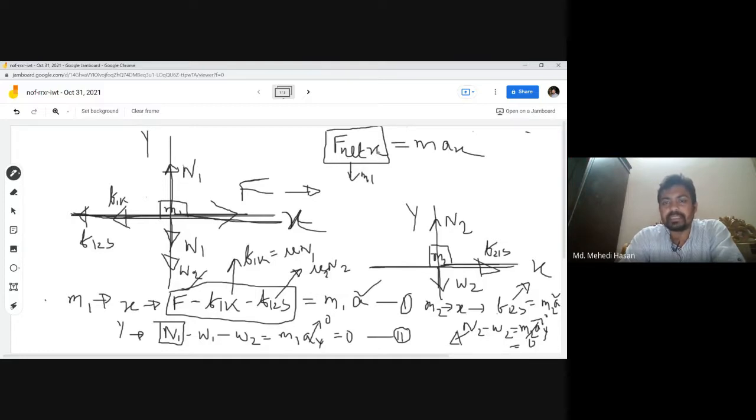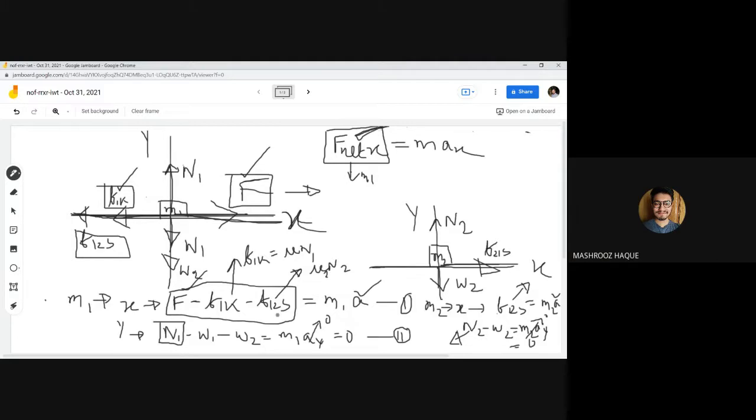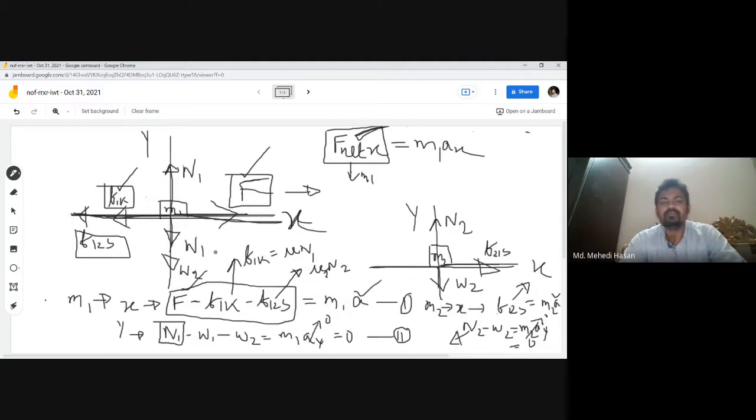M1 এর জন্য x axis বরাবর কি কি ফোর্স কাজ করতেছে? F, F1k, F12s, এই তিনটা ফোর্সই তো কাজ করতেছে নাকি? হ্যাঁ স্যার, হরাইজন্টালি। এই তিনটা ফোর্স কাজ করতেছে। পজিটিভের দিকে কাজ করতেছে F, নেগেটিভের দিকে F1k আর F12s। দেন F minus F1k minus F12s is the net force along the x-axis. এটা বুঝতে পারছো এখন? হ্যাঁ স্যার, একটু ওকে, বুঝেছি।